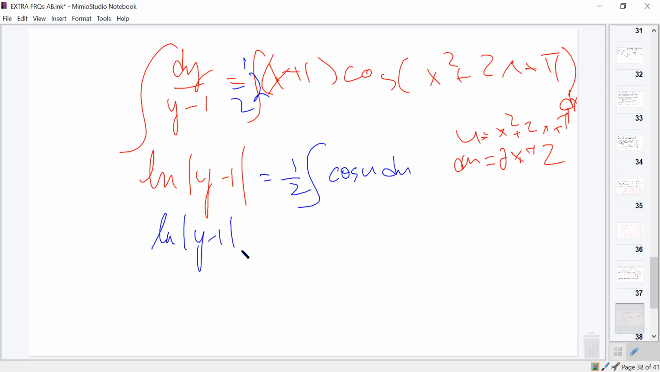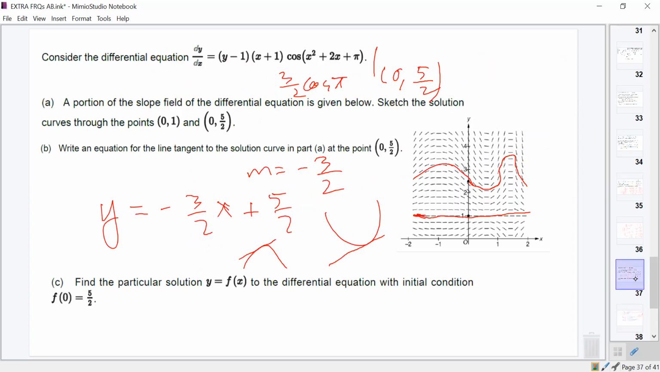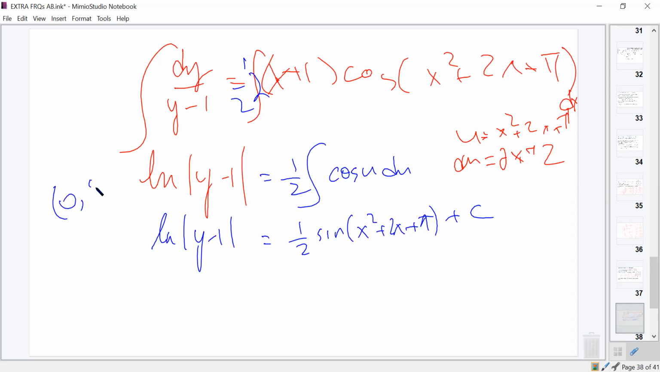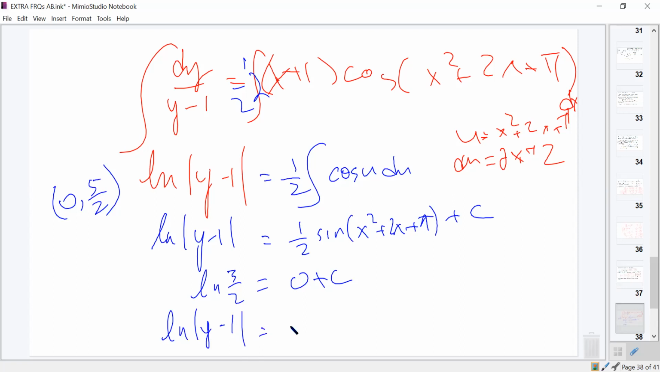Natural log absolute value y minus 1. 1/2 integral of cosine u is sine u. So sine of x squared plus 2x plus pi plus a constant. And what was our initial condition? 0, 5/2. So if x is 0, y is 5/2. We end up with the natural log of 3/2 equals 0 plus our constant. So our constant is natural log of 3/2. We've got natural log absolute value y minus 1 is 1/2 sine x squared plus 2x plus pi